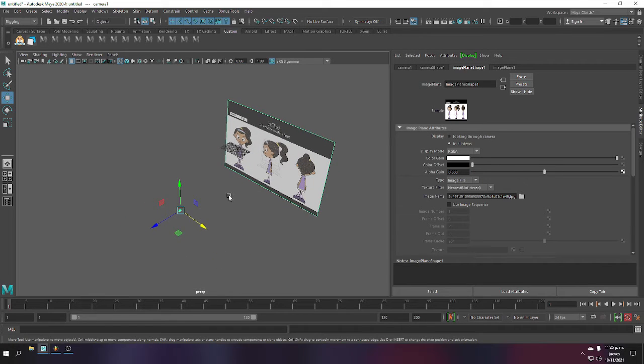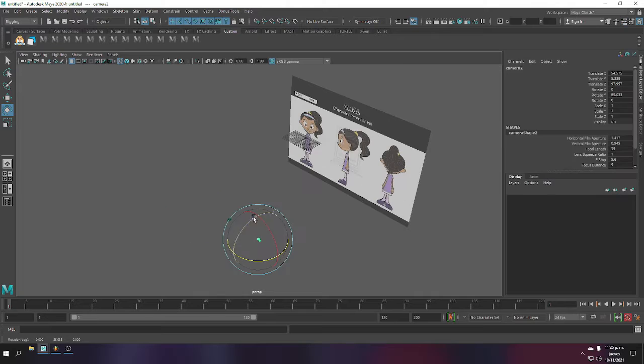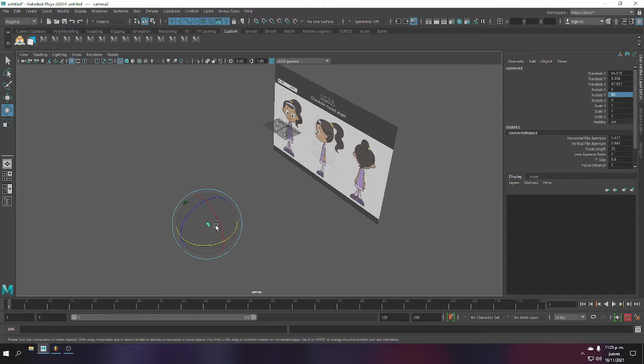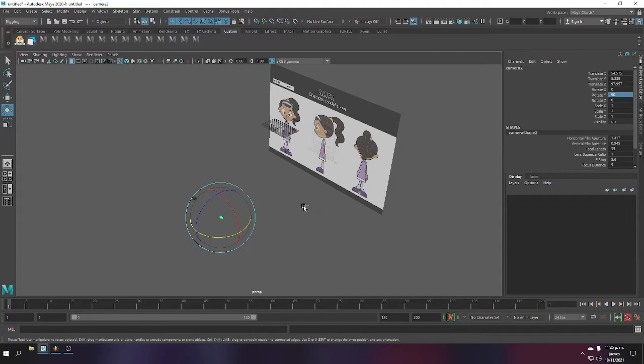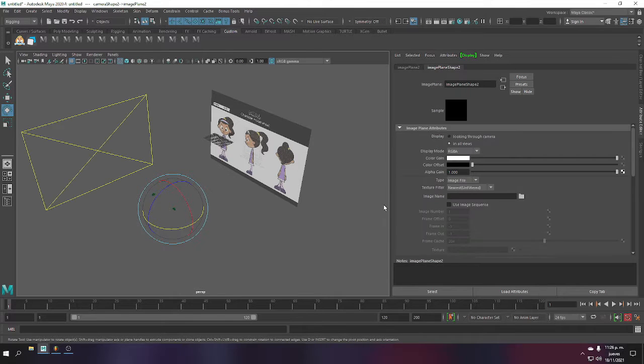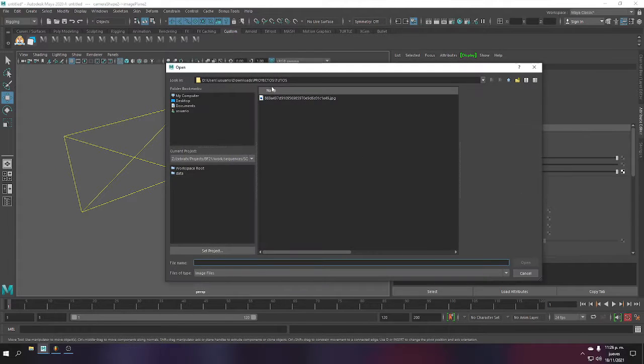And I'm going to Control D so I can have two cameras. But this camera will be the one that is going to be used for the side view of my character. I'm going to go to rotate and I'm going to press 90. In this new camera that I duplicated from the first one, I'm going to go to Ctrl A, environment, click the create button, and I'm going to do the same thing I did for the first camera, which is going for the image